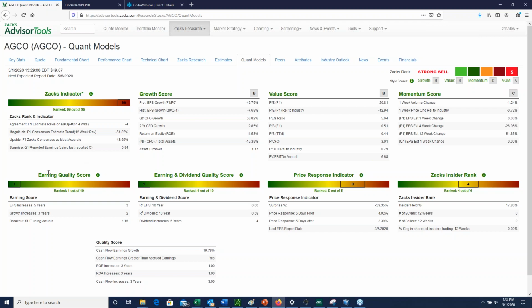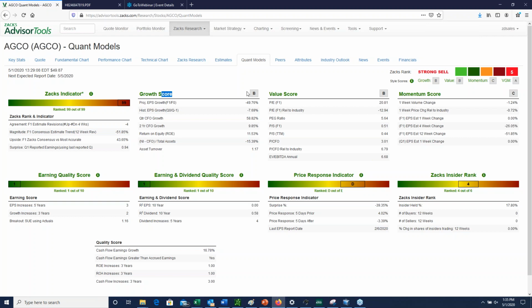That's one step. And then here are some of the longer term scores too, where we have the earnings quality score, and that's a number 1, and that's excellent. So I would look at this and say, okay, the most accurate analyst disagrees with the consensus. It has a very favorable earnings quality score, which looks at earnings, not just earnings growth, but it looks at cash flow. It looks at the balance sheet, return on equity. It looks at how good the company is at allocating capital? And if all of those are checking off, then again, I would make an exception to the negative Zacks rank